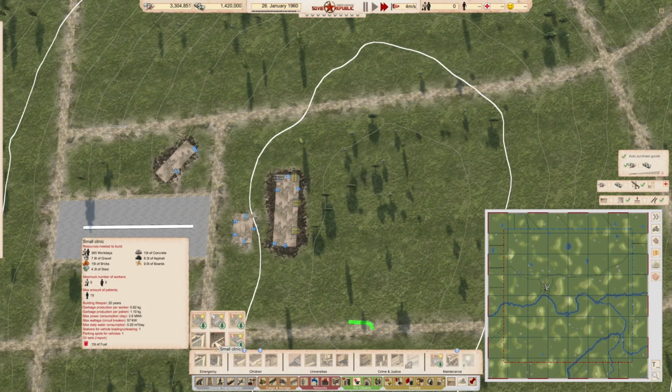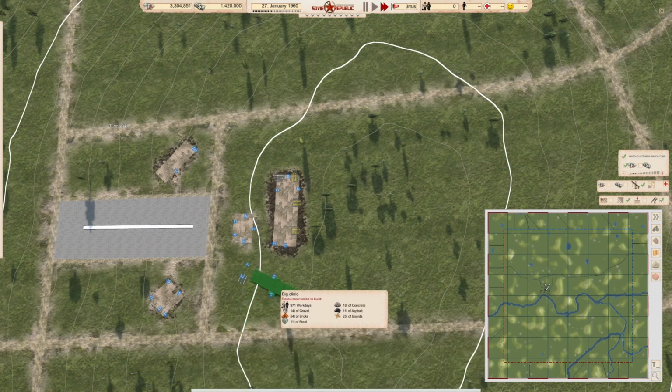I want a fairly sizable clinic, but nothing too major. That's too small. 30 workers, 30 doctors. This might be a little bit better. So we could provide an access point like this. I'm kind of keen on maybe giving it a little bit of an angle. We're trying to get everything kind of on a similar axis at least. Okay, so let's do